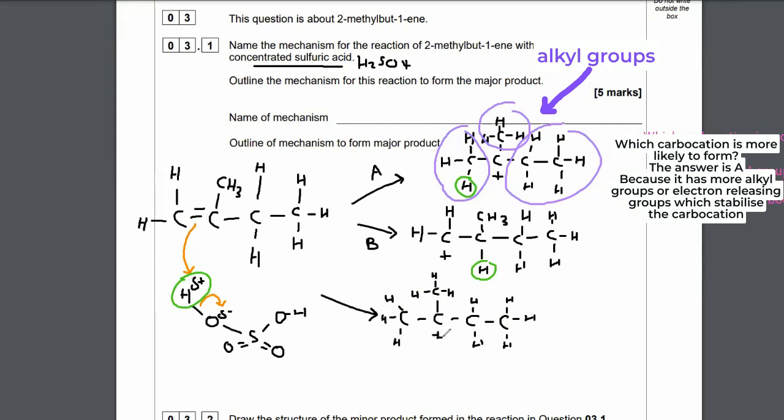Okay, there we go. So that is the more likely carbocation. Again, it has three alkyl groups or more electron donating groups that stabilize it. Now I'm going to draw the hydrogen sulfate ion. That's what you call a sulfuric acid molecule that has lost a hydrogen